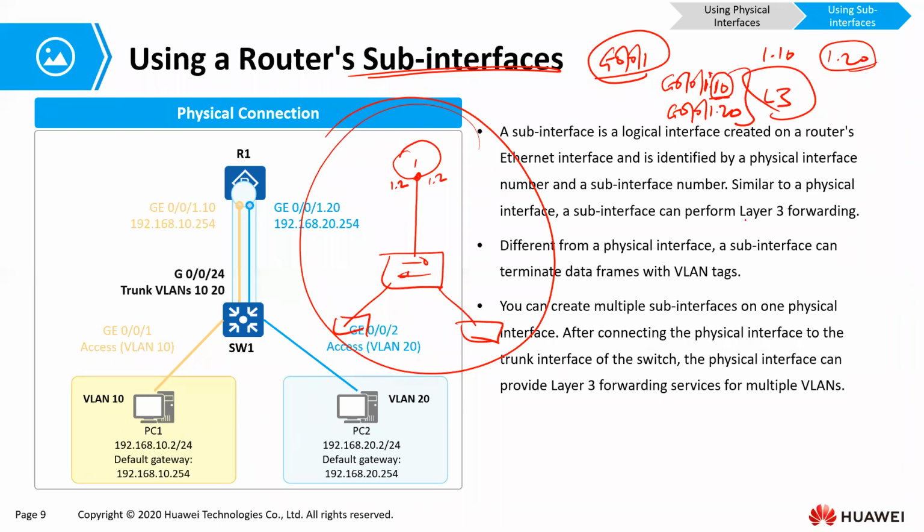And then the process will go the same way. Each of these interfaces will have an IP address, which will be the default gateway of the respective VLAN. Now, here on the switch, since this is just one interface on the switch, we need to change this to a trunk port. So it can carry VLAN 10 traffic and VLAN 20 traffic without untagging it.